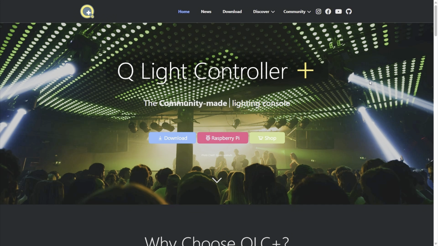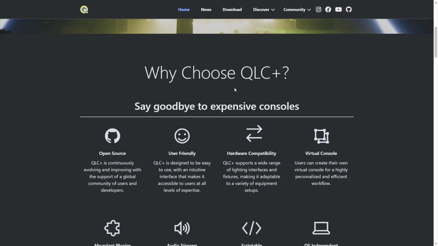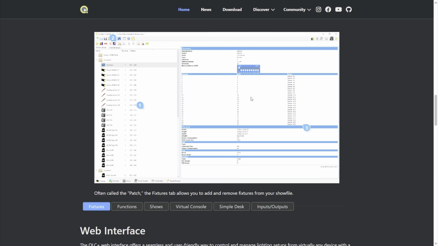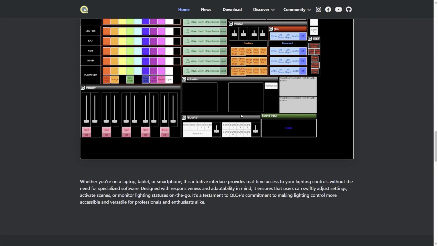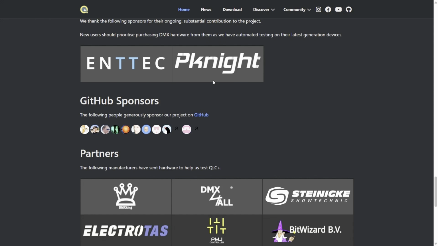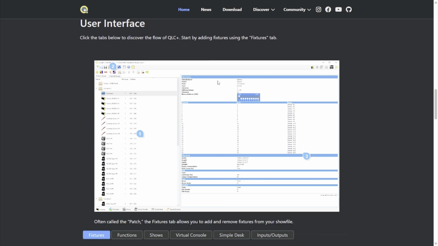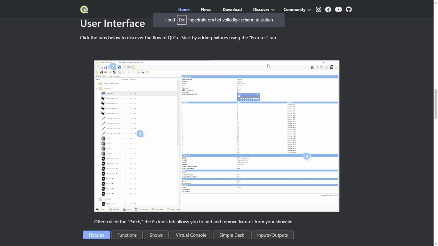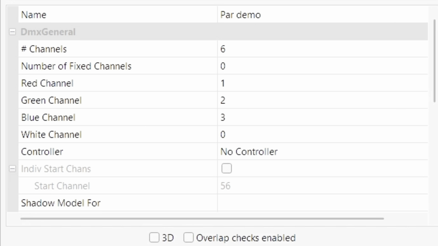I'm sorry for my slow internet, but you can download this software for free. It is completely free. And as you can see, you can control your lights, you can control fixtures. You don't need it at all, but then you can test what function is on what channel, which could be really handy. Okay, let's go back to the X-Lite software and assume you already have those values.